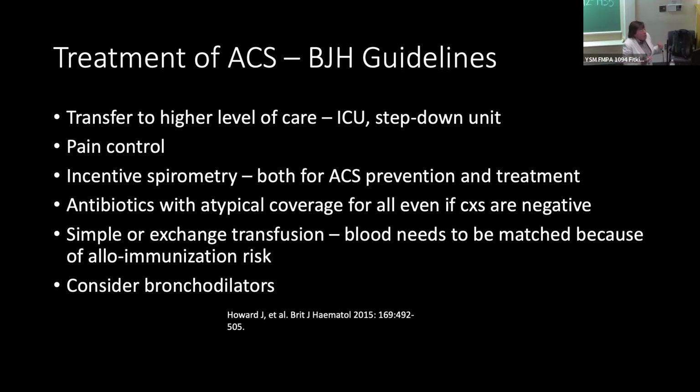We also think about transfusion, to reduce the hemoglobin S fraction. This can be done either by just giving people blood, which is a simple transfusion, or by doing an exchange transfusion. The exchange transfusion works by reducing the viscosity of the blood. We know that when people with sickle cell disease have a hemoglobin of greater than 10, there's increased viscosity, and that promotes erythrocyte sickling, which will worsen this process. The process of exchange transfusion involves removal of blood and exchanging it for hemoglobin AA blood, reducing that risk.